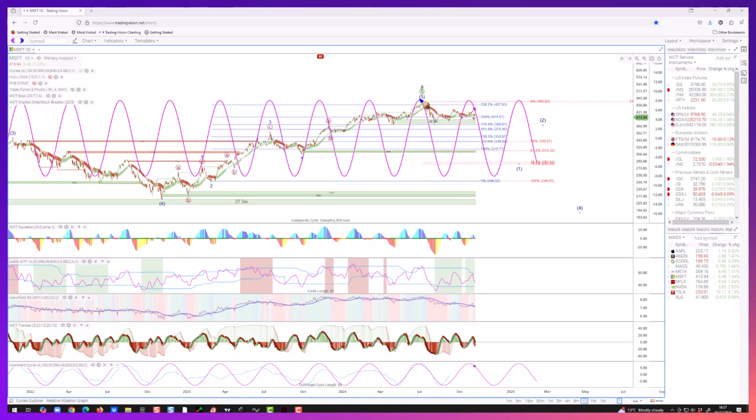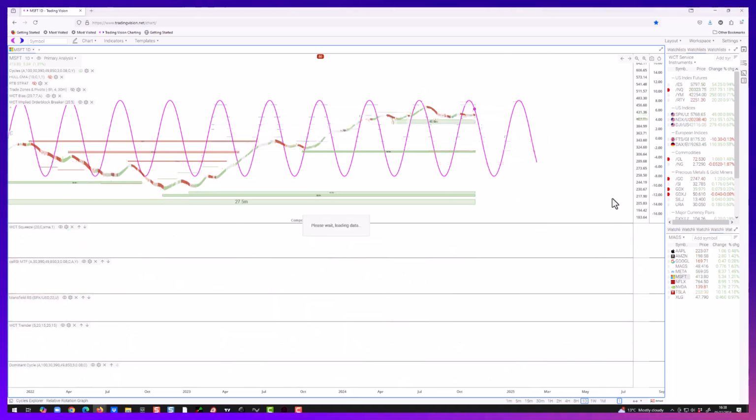Microsoft looks to me like there's a distinct possibility it's topped. The cycle's topped and it's pointing straight down here. So weakest of the bunch is Microsoft, and then we're looking for a move down into the end of the year. It's a question of whether we can break some key support in Microsoft in doing so before we get the next move up. That next move up takes us into late January. So it could be we get a pullback and one last new all-time high in Microsoft before we start a bigger move to the downside.